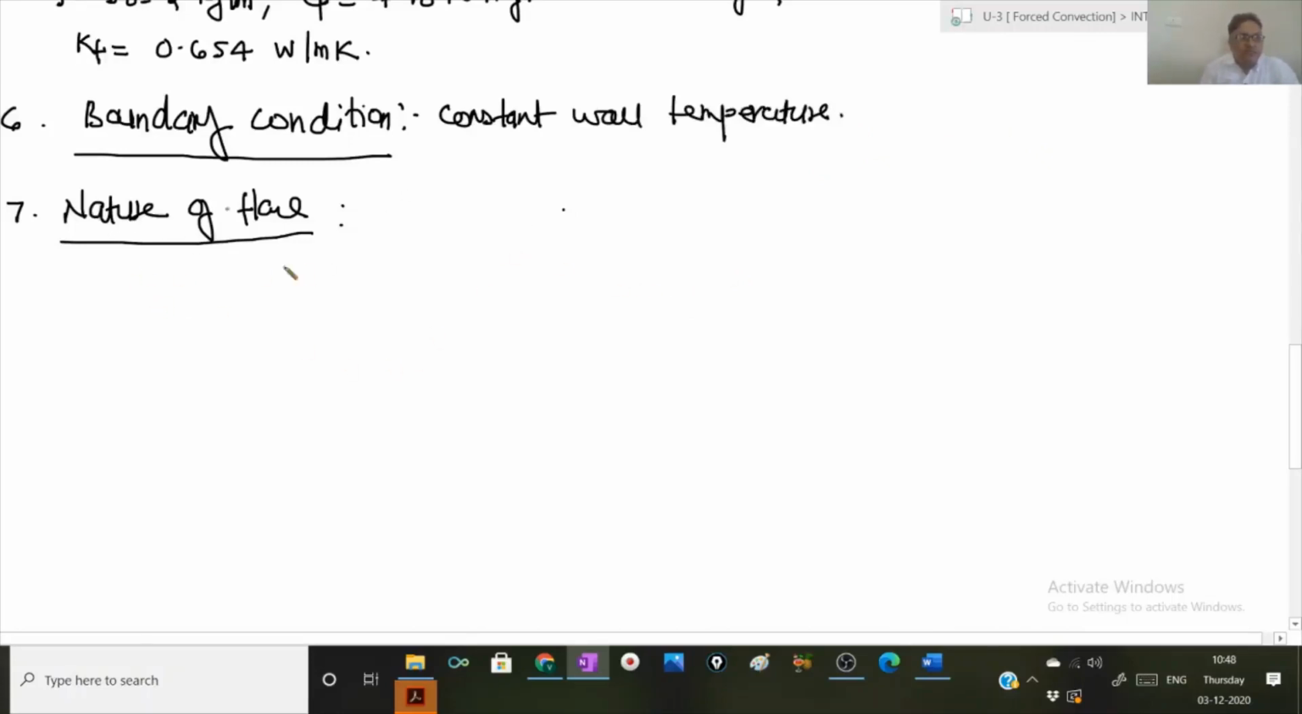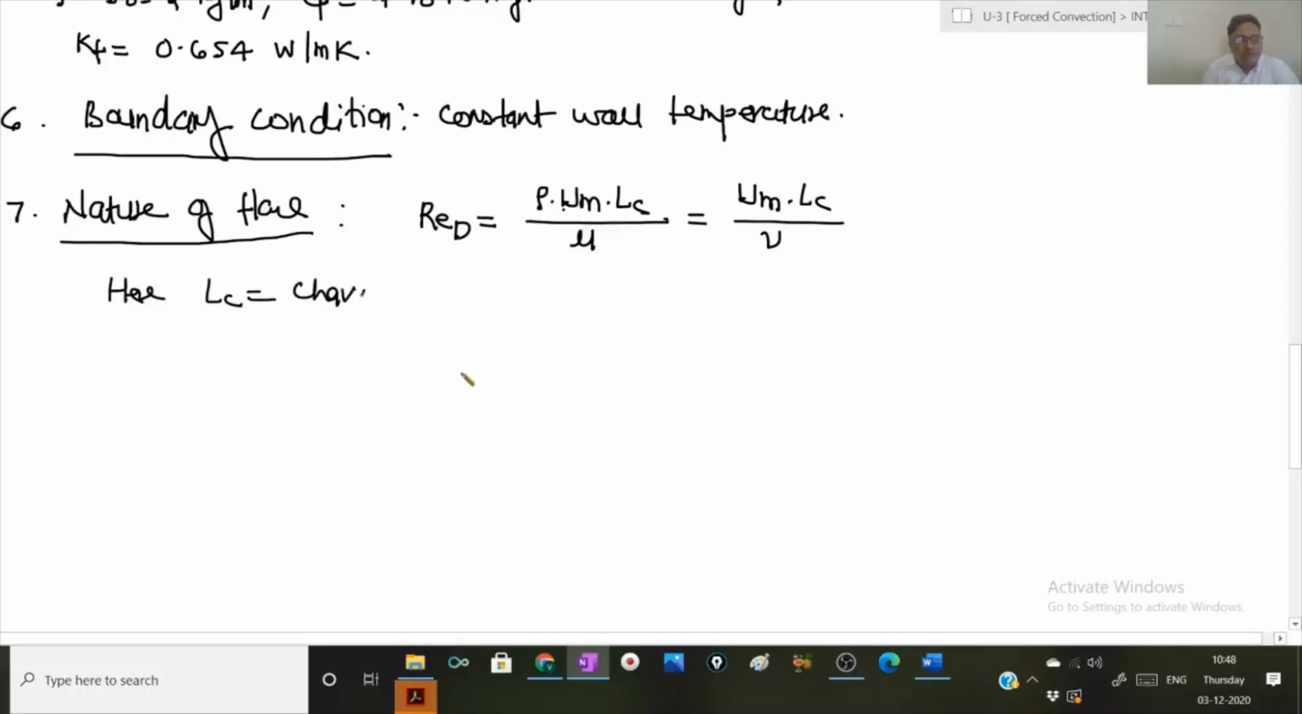Then step number 7 is to find out nature of flow. So in order to find out nature of flow, Reynolds number can be calculated using the relation rho into UM into LC over mu. We have not been given the value of mu, so taking the formula of Reynolds number in terms of kinematic viscosity nu. Now here LC is characteristics length. It is also called as significance length,